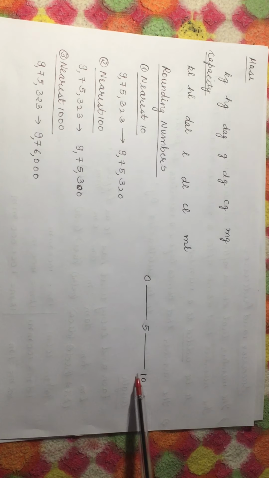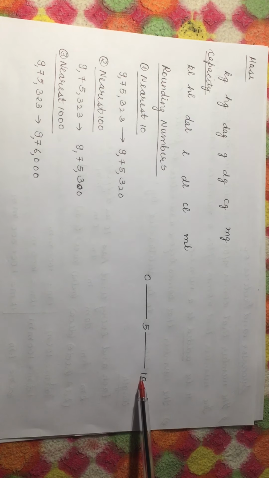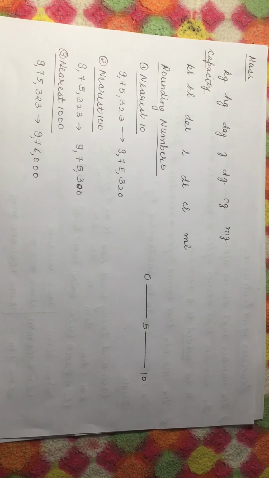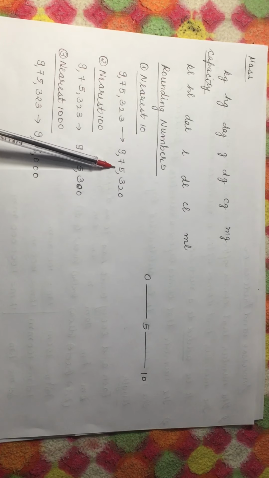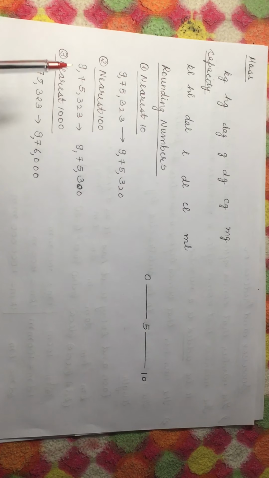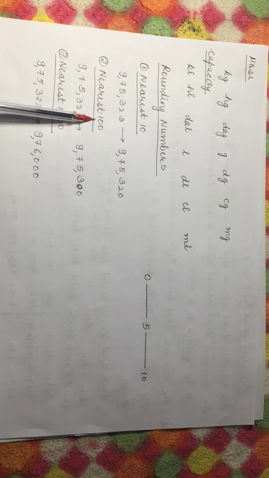If it was here, then the 1 would be carried over to the next number, but here there is no change. So similarly we are converting it to 0 over here, and no number is changed. So the final answer will be 9,75,320. Similarly, for nearest hundreds, we will make these two numbers 0, and it will decide whether it will be converted or not. Similarly for thousands. If I am talking about 100, it will come over here 100, and here it will be 50, and here it will be 0. So for a number between 0 and 50, there will be no change, only zeros will be added.